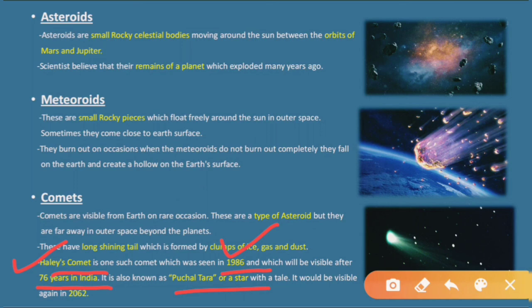It would be visible again in 2062. It is believed by the scientists that this comet will again be visible in 2062. Okay, students, so we have studied about the solar system, we have studied all the 8 planets in detail,